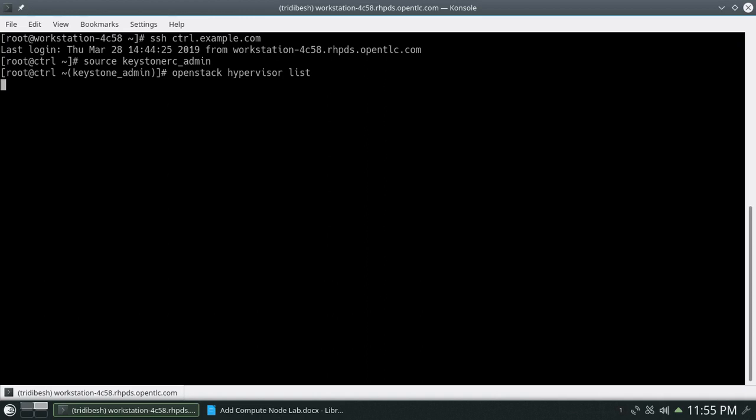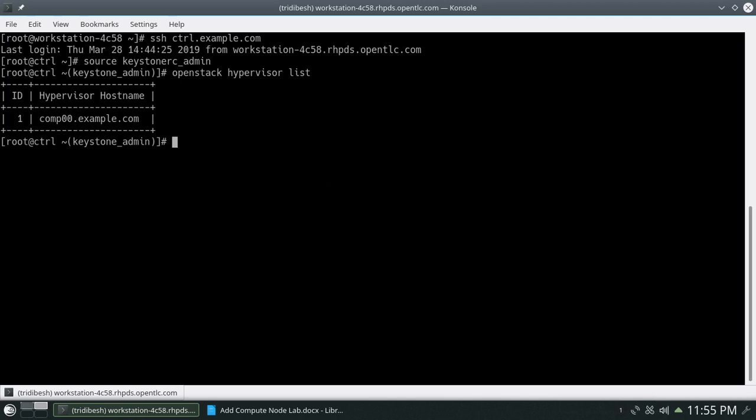We will see that comp00 is the hypervisor for our OpenStack setup. What we will do here is add comp01, the second compute node, to the OpenStack platform as another hypervisor.